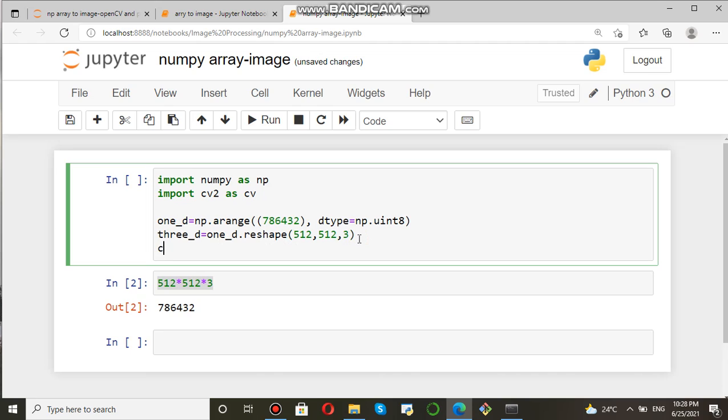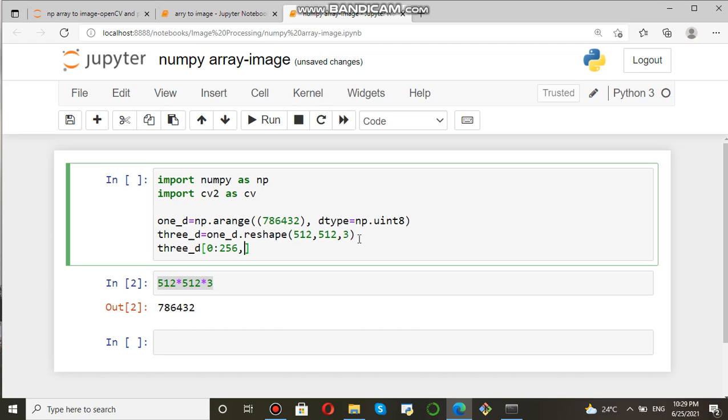Now our target is cv dot. First make it slicing. Put color on some part of 3D. So I am taking the 3D variable and then I am going to slice 0 to 256. This is row 0 to 256.